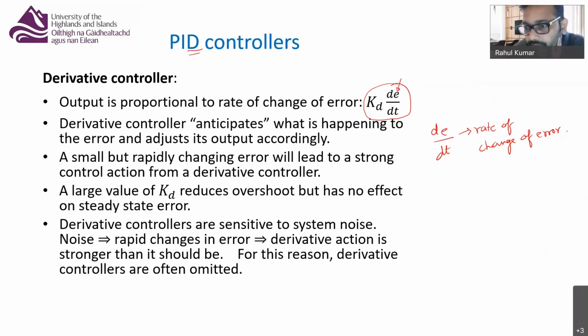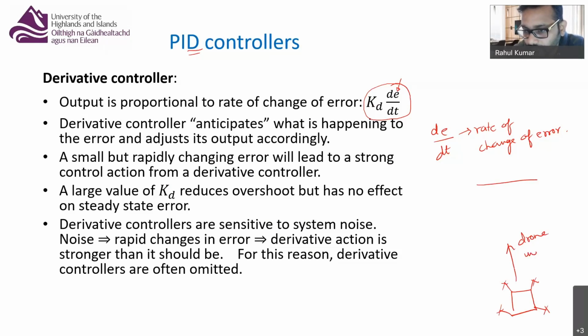Now in the case of derivative controller, since your output depends on the rate of change of error, if at all this type of condition occurs where your drone is rising at a very fast rate towards the finish point, right? So